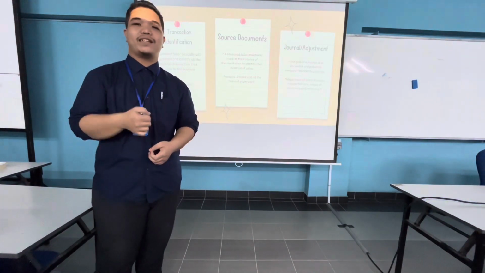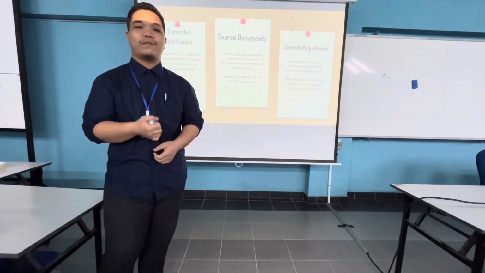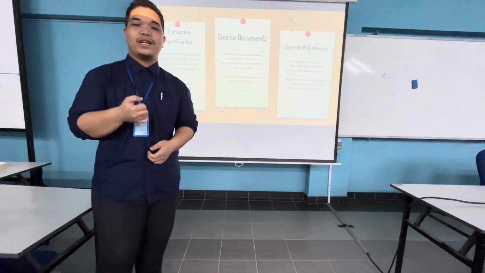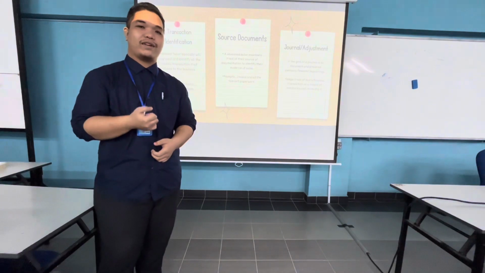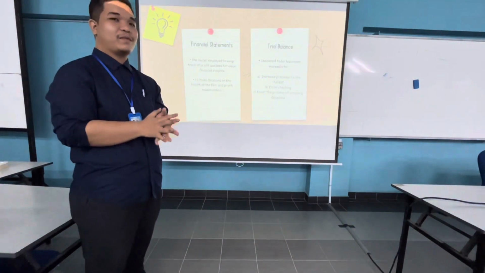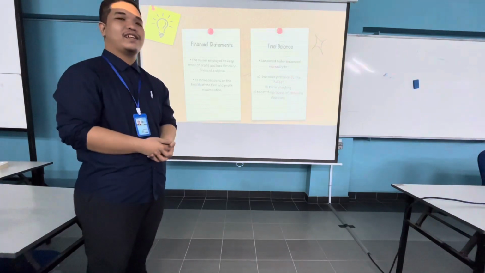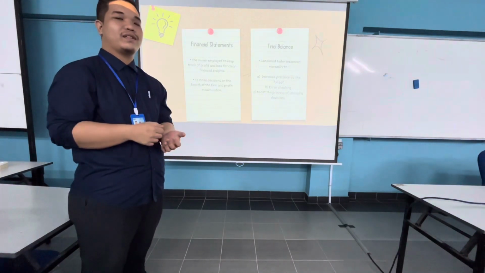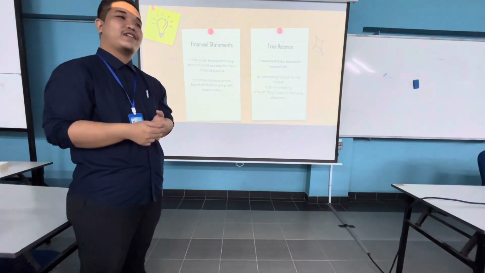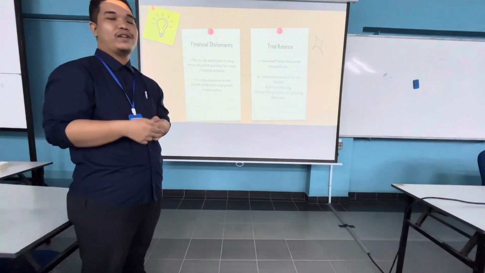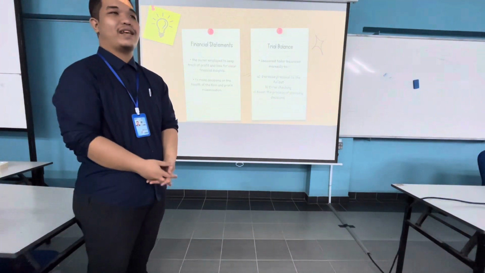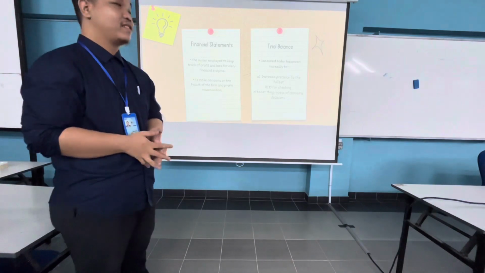The adjustments are made to reflect accurate financial information. For example, the value of fabric inventories might need to be adjusted to reflect its current market value. Okay, the next is about the financial statements. So basically, the owner of Season Tailor will record all the business transactions, and after that, he will do the financial statements in Excel.